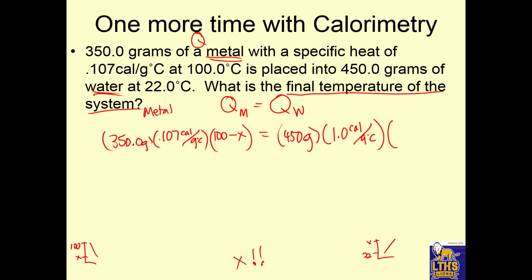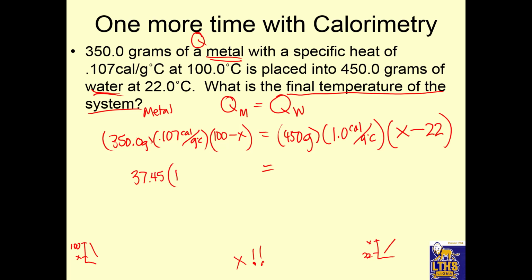And then this is where it gets different. The temperature of the water is going up, and when you subtract it, we need to know what the water goes up to, and we need to know what the metal goes down to, but X is the same. That's important, the way you put it in there, because look, water's temperature goes up, so the X is higher. Metal's temperature goes down, so the X is lower. So you multiply this out, you get